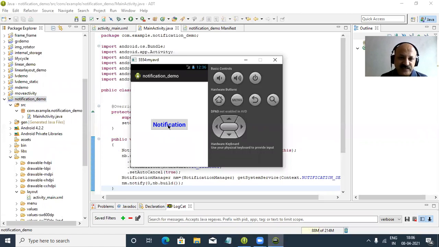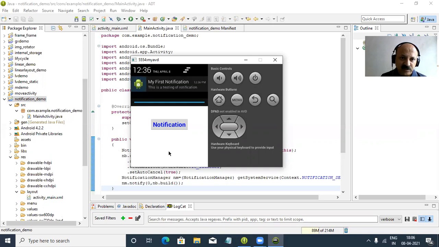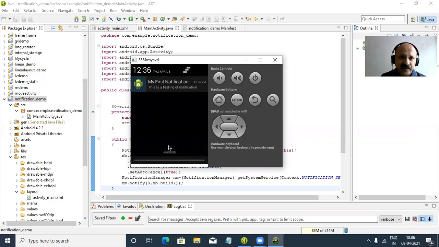I press the notification button, and you can see a message is coming. So how to see? I press the button on the left-hand side, and you can see my first notification, and this is a test of our message and our icon.